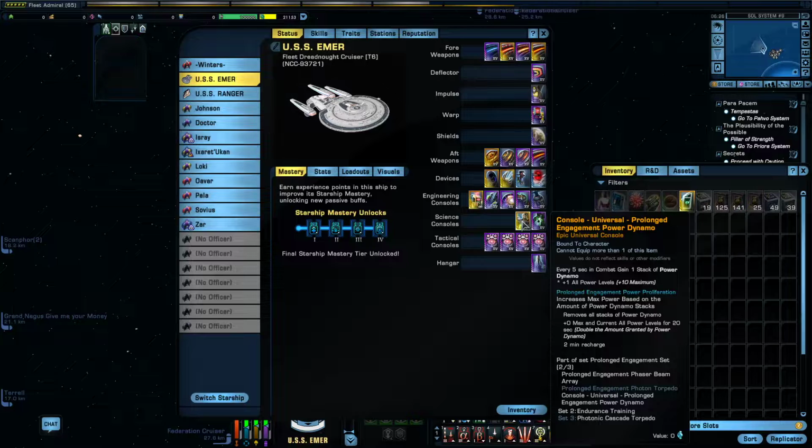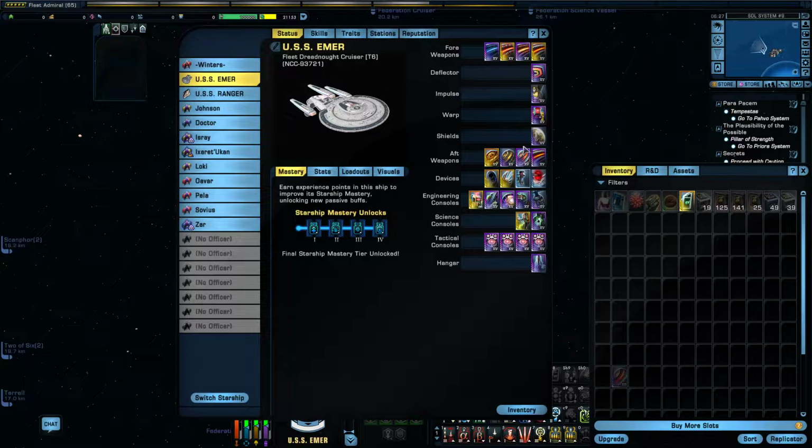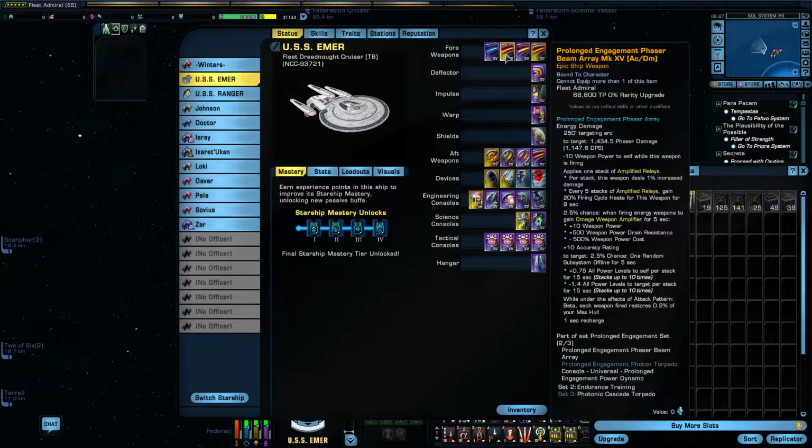Next up, we have the Prolonged Engagement Power Dynamo. This gives every 5 seconds in combat, gain 1 stack of Power Dynamo. Power Dynamo is +1 all power levels with a maximum of plus 10. So after 50 seconds, you're getting plus 10 to your power levels on all 4 subsystems. Huge, absolutely huge. And we're using this in conjunction with the Phaser Beam Array, which comes from the Phoenix Prize